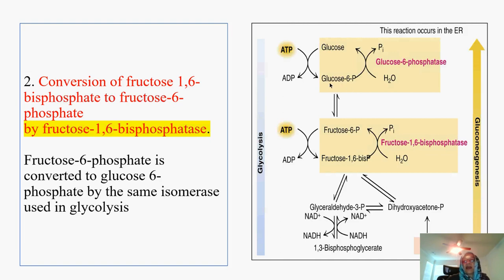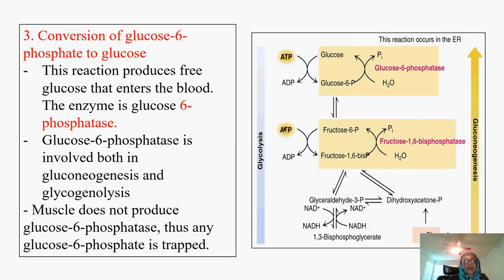Next, we're going to get to glucose 6-phosphate, and now we need to remove this phosphate to make it free glucose before it can be transported in the circulation. So what do we need? We need another phosphatase, again the same thing, a phosphatase enzyme to remove this phosphate from the glucose, and the enzyme here is called glucose 6-phosphatase, and I just put it here.